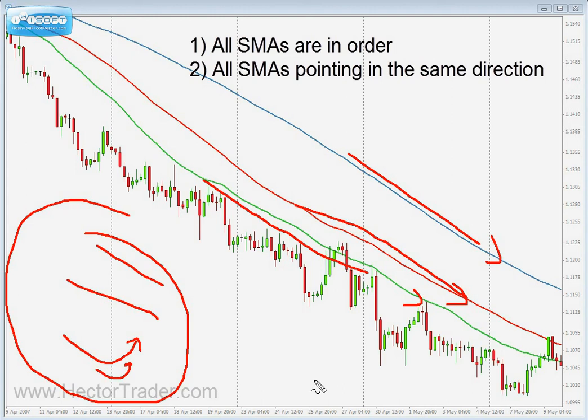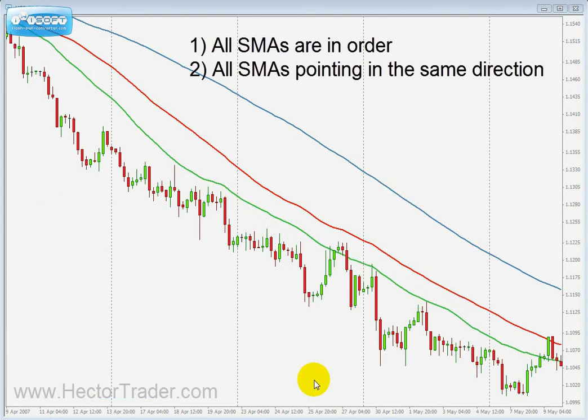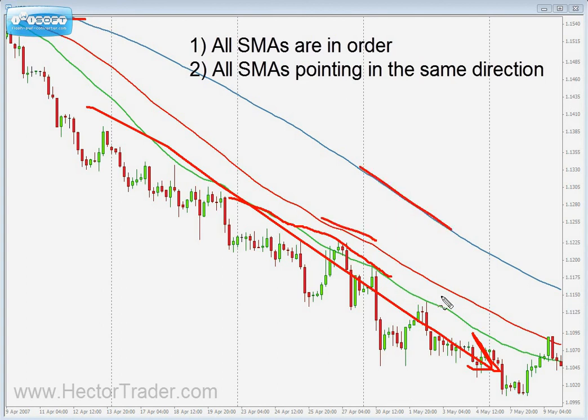or at least for the time being, is not as strong as I would like it to be in order to search for trading opportunities. All the way along on this USD against the Canadian dollar 4 hours chart, we can see that all along the moving averages have been in order and always pointing in the same direction, okay, so those two conditions are